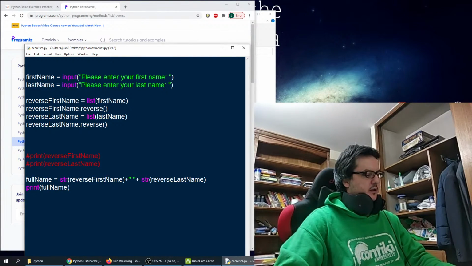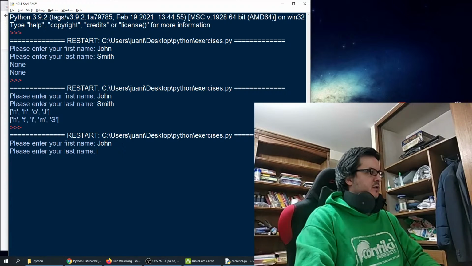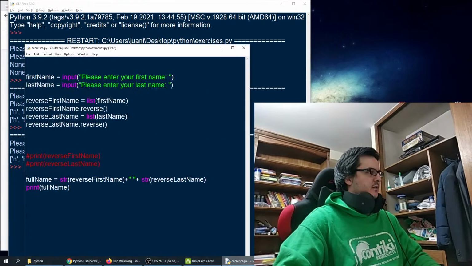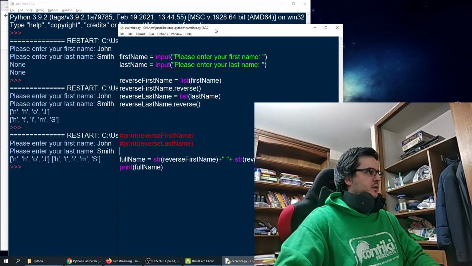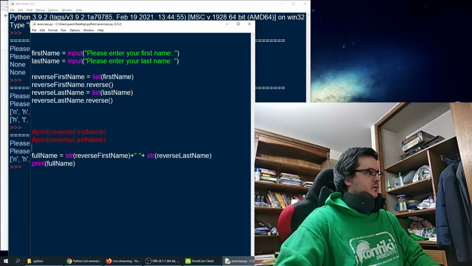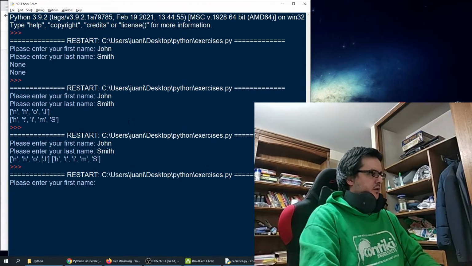Now we execute again, pressing F5. Please enter your first name. My first name is John. My last name is Smith. Okay, it's printing. It's not printing what we expect. There was another. Let me see. This will probably give us an error, but